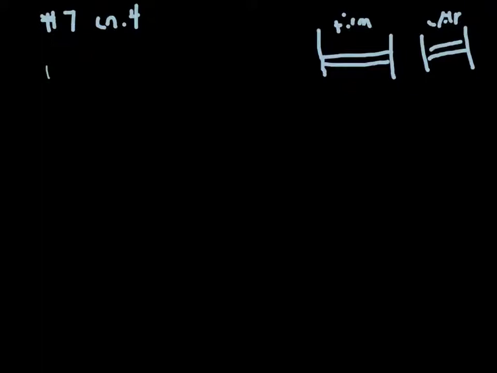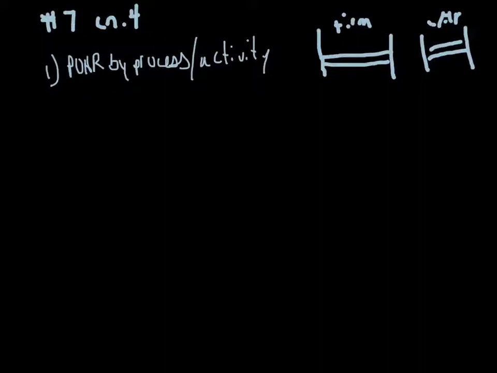So the very first step is to come up with this predetermined overhead rate by process, by activity. So they have given us the total overhead cost by activity, and they've given us what the activity is in total during the year. So we're going to break it out and do the materials